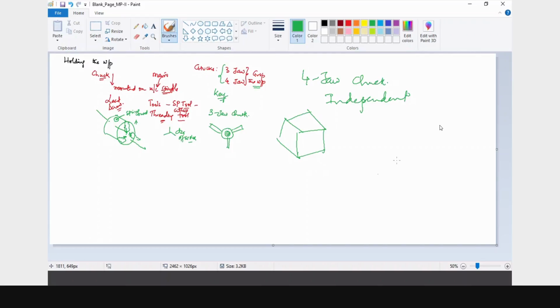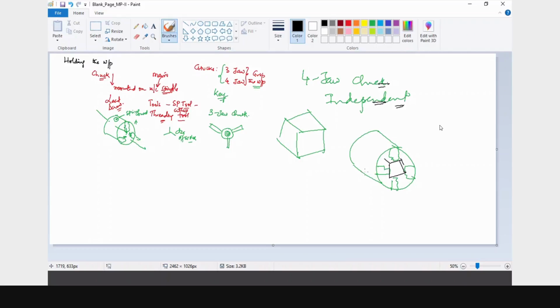Everything what you are going to see on the spindle, they are independent actually. So you will have one jaw here. This is one jaw. So here you are going to hold whatever is the workpiece. This is the workpiece holding edge. And as I told you, all these four jaws are independent. That can be done by the same procedure. When you try to rotate individually, you have to rotate and adjust all the threading screws actually.